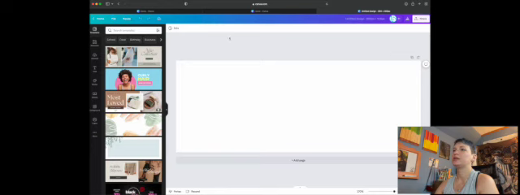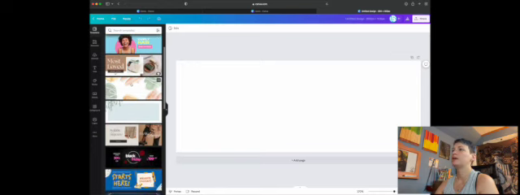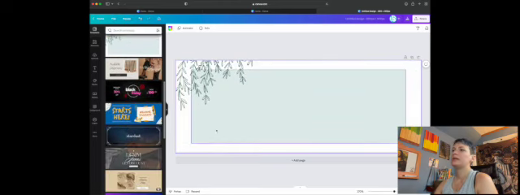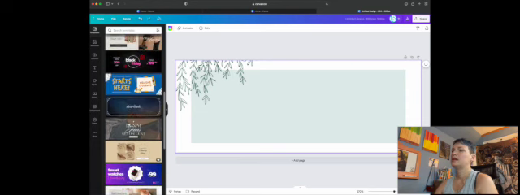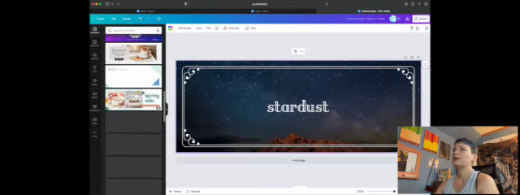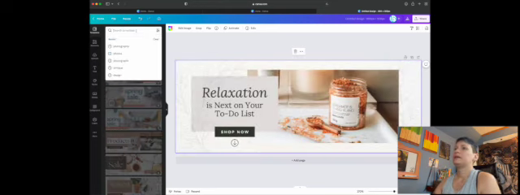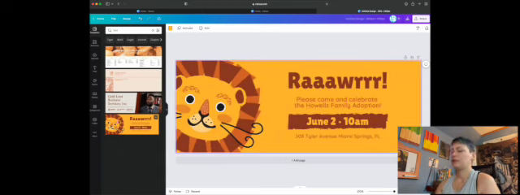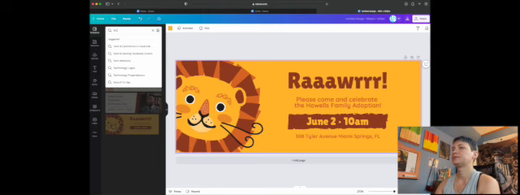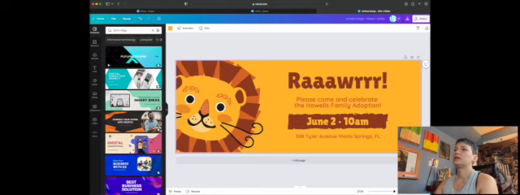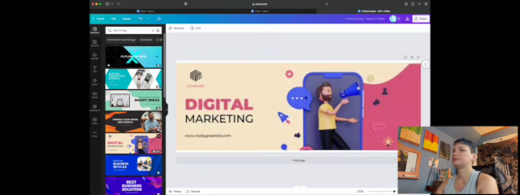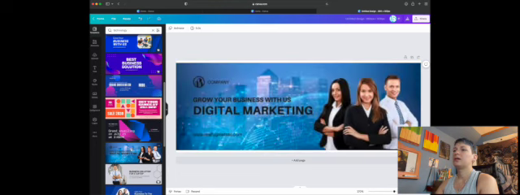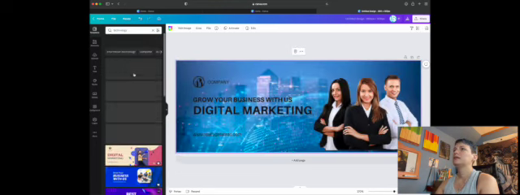I'm just going to create my own, but you could definitely use some of these templates if you wanted to. Some of them are great, but I'm just going to kind of create my own. This would make a really pretty email template, or maybe we have Stardust. If you have a mascot, maybe your mascot is the lion, you could do something different with that. Maybe if you're the technology teacher, you could use a template to start off with. So those might be some fun things to start with, but I'm going to start with a blank